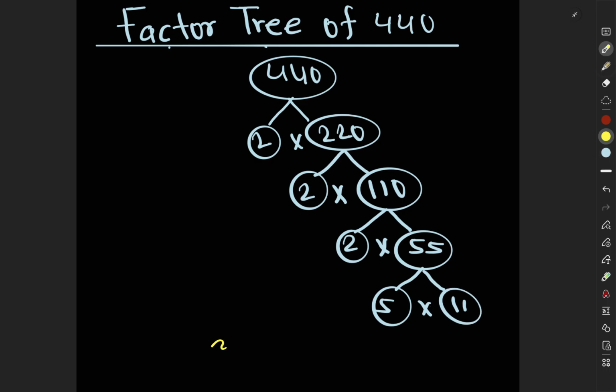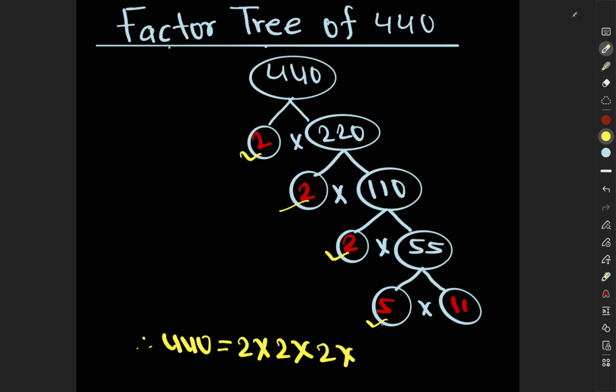So now we select the prime numbers among these numbers. So the prime numbers here are 2, 2, these 2, 5 and 11. So we can write 440 is equal to the product of all these prime numbers, that is 2 times this 2 times this 2 times